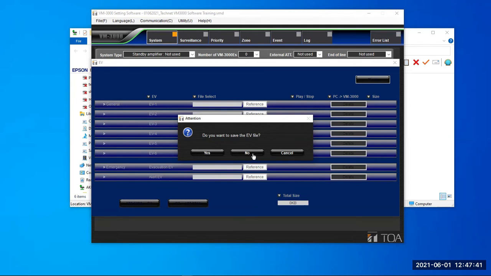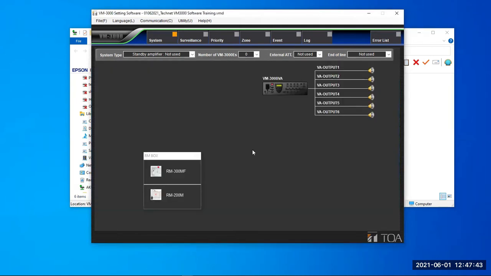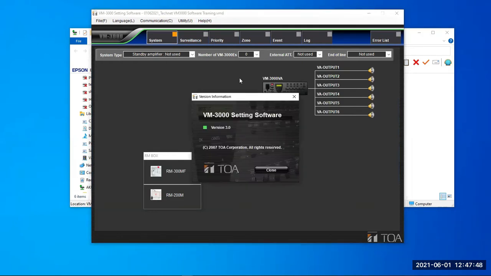Since you already have the messages, I always click no. If you want to save the same messages, you can always click it. Then the last icon there is the help version. You need to double click on it. Sorry, you need to open it up and confirm. Always, please confirm